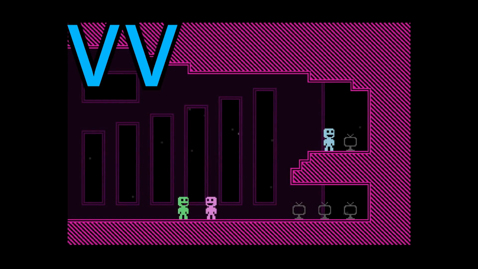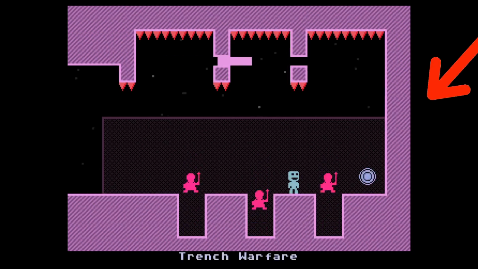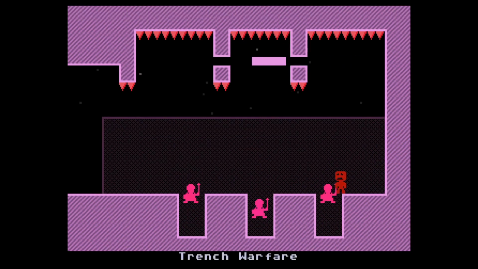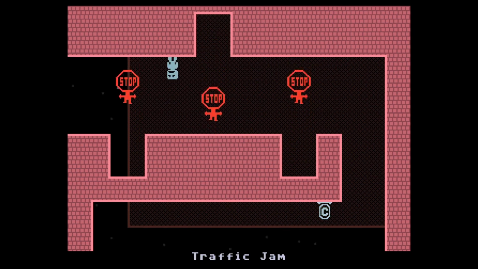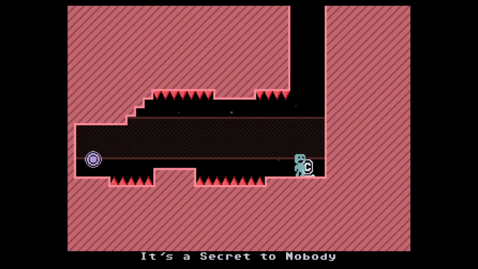In VVVVVV, the player is introduced to shiny trinkets, the game's optional collectibles, in the room Trench Warfare. But if you're good at exploring, or are just bad at the game like I am, you can actually find a trinket a bit earlier in the room It's a Secret to Nobody, accessible by missing the jump in the